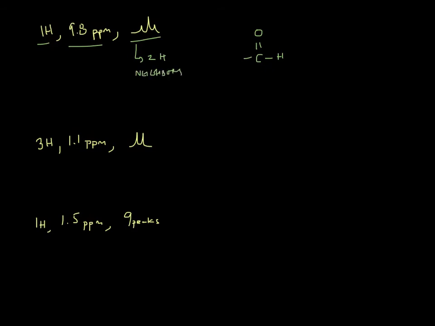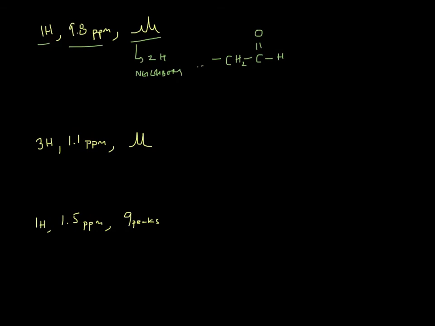How could that guy have 2 H neighbors? Well, as weird as it looks, because it looks like that H couldn't have possibly any neighbors, that H is on this carbon, and the neighboring carbon must be a CH2, because it's a triplet, it's been split twice, so it has 2 neighbors. We don't know what happens further on down this molecule, and that signal